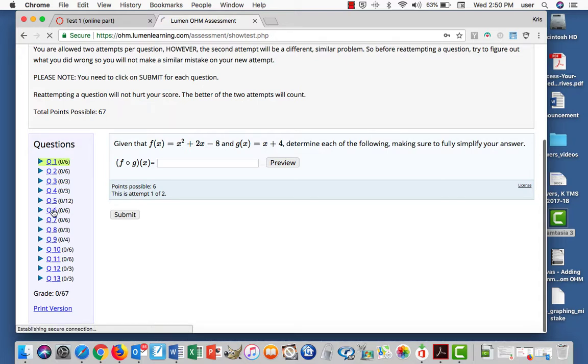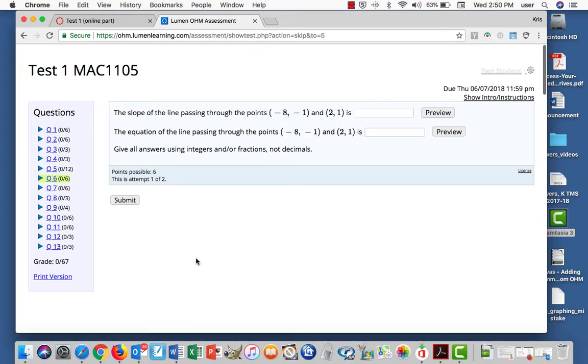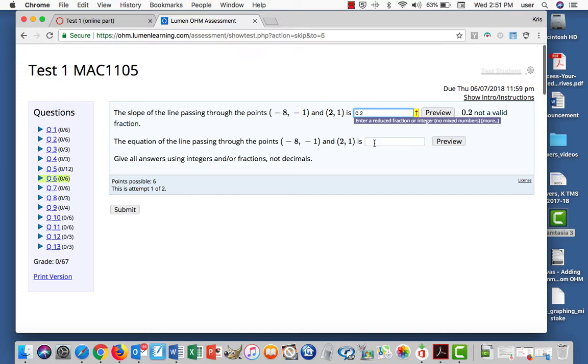Okay, now I'm going to skip around a little bit, which you can do if you want to. I'm going to question number 6 because I wanted to demonstrate something and how important it is to read the directions. So this is asking me for the slope of the line passing through these 2 points. Notice it says give all answers using integers and or fractions, not decimals. So I'm going to enter in the correct slope but in the wrong form. Okay, so that is 0.2, because 1/5 is actually the